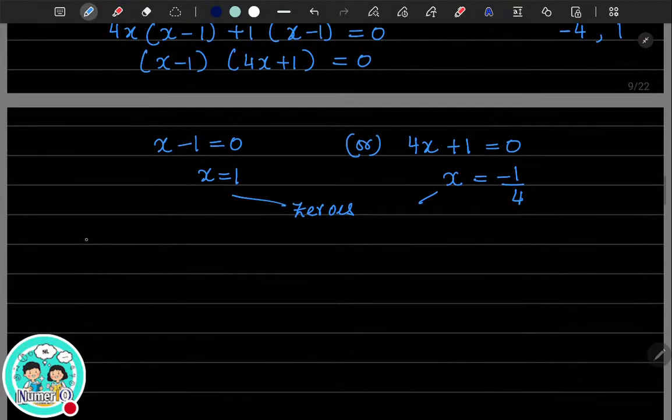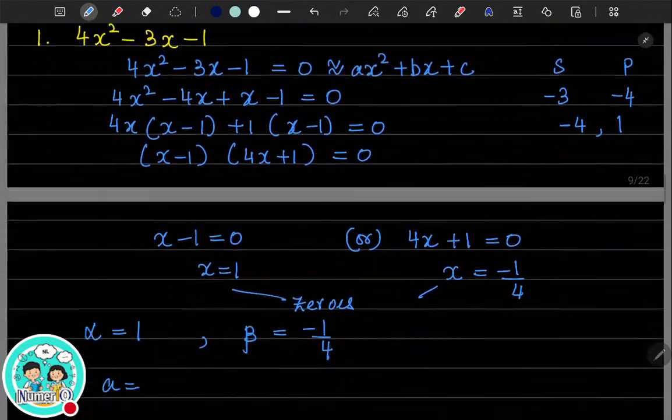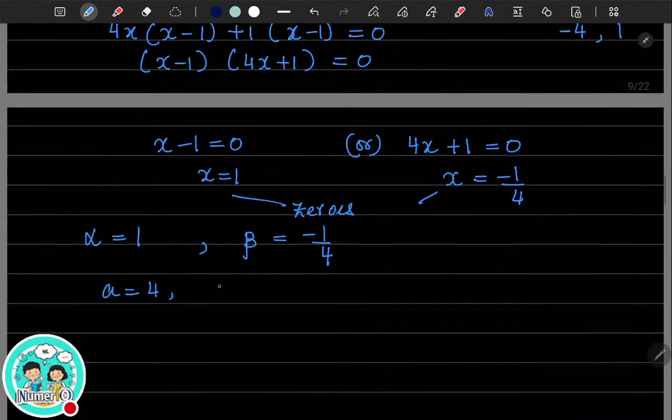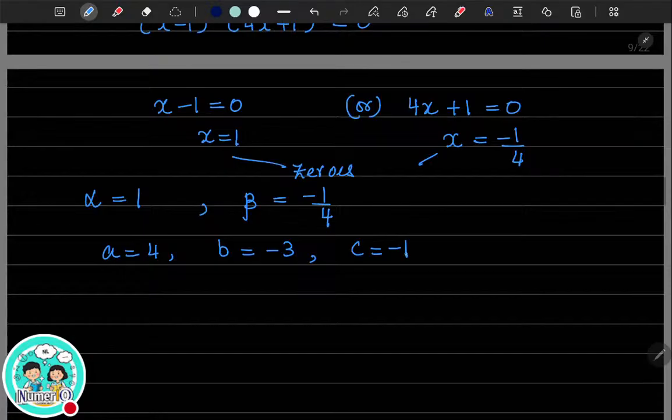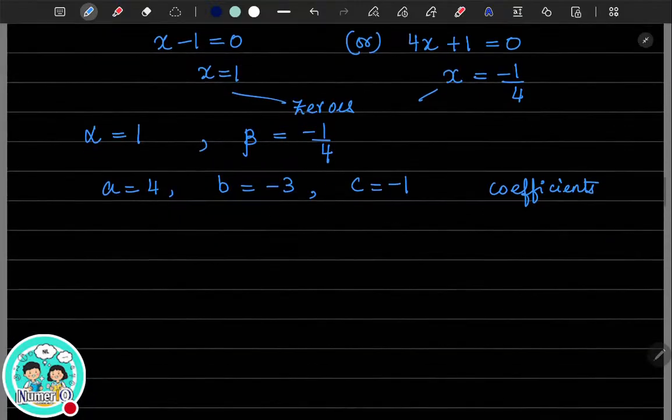So let alpha and beta be the zeros. So alpha is nothing but 1. Your beta is the other zero, which is minus 1 by 4. And your coefficients, so these are the zeros, and the coefficients are a is nothing but 4, b is nothing but minus 3, and your c is nothing but minus 1. So these are the coefficients, right? Now in order to verify